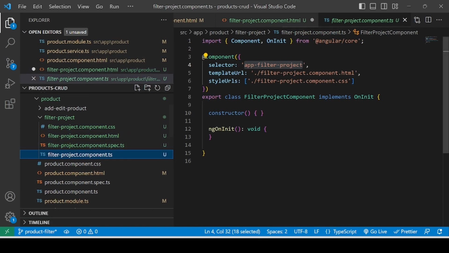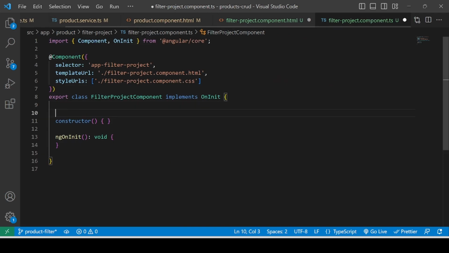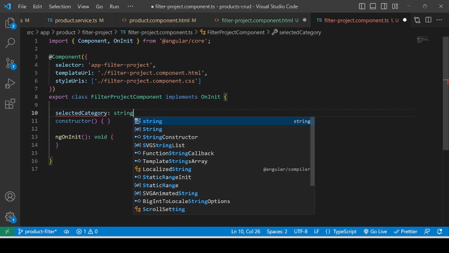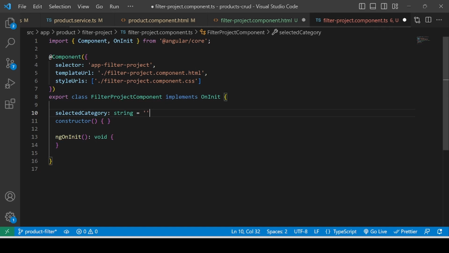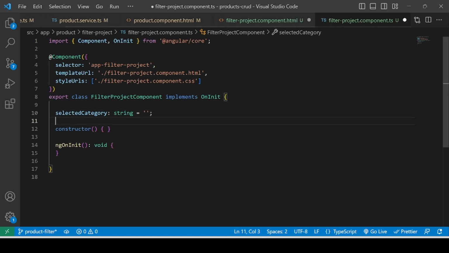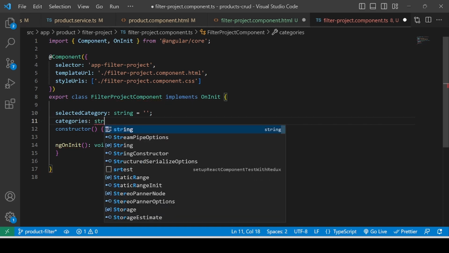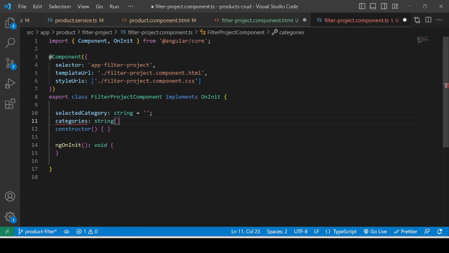For that, you have to create the variable selectedCategory, then string and empty string, then categories is string array equal to array. I saved it,